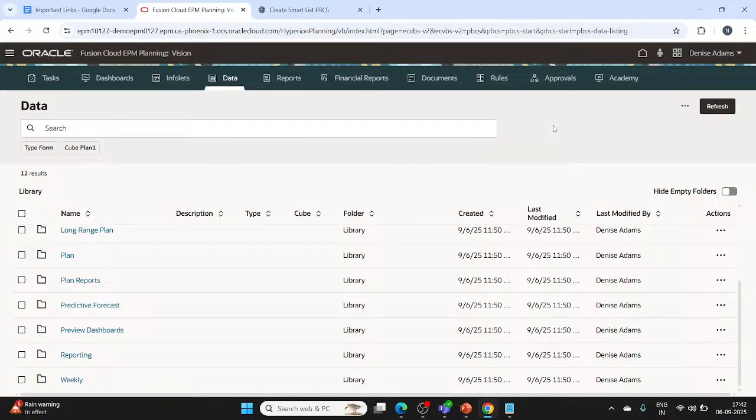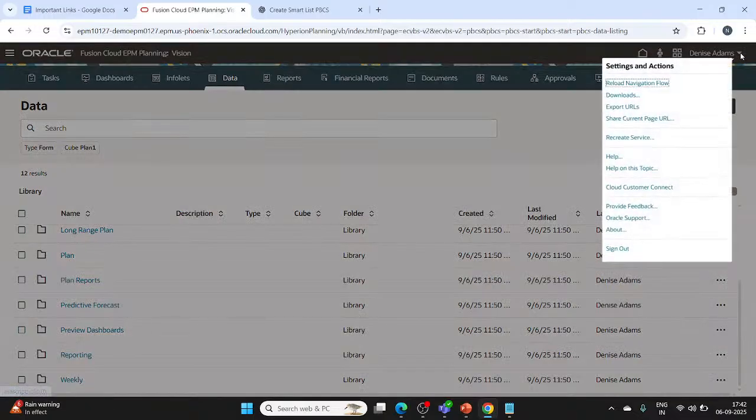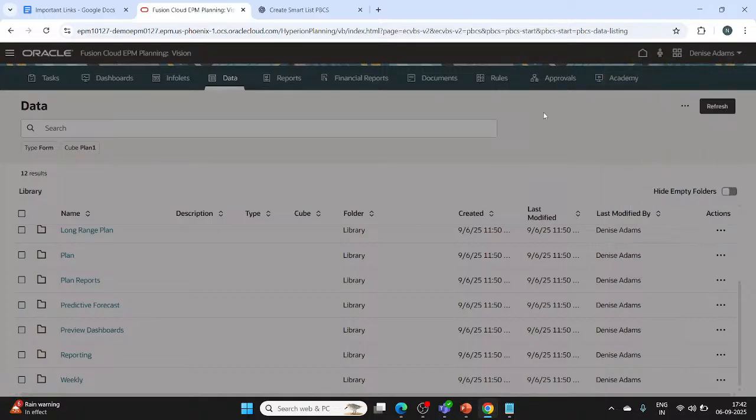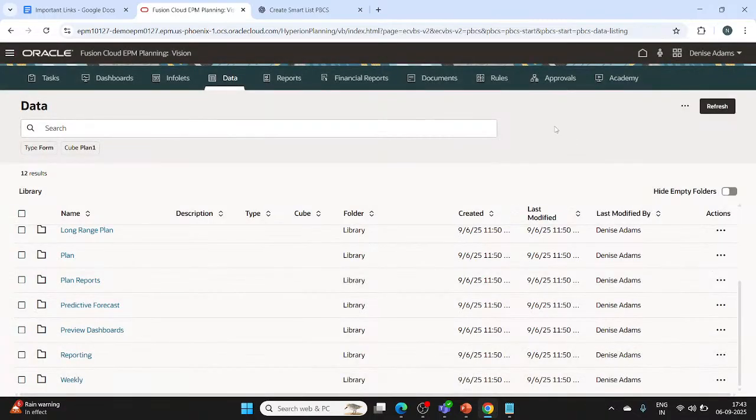The first one would be the owner, and the second one would be the reviewer. Through this, the two can complete the process. So we will sign out, and the two users which we have seen, Dennis and Betty Anderson,